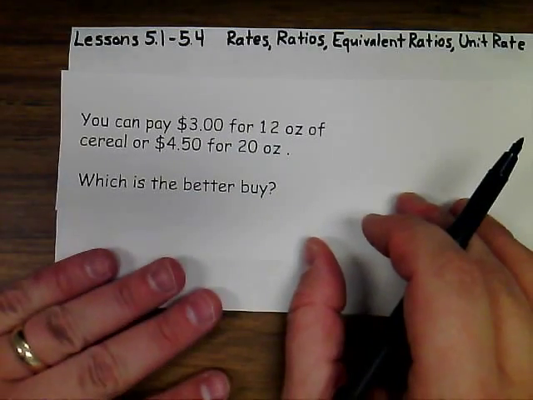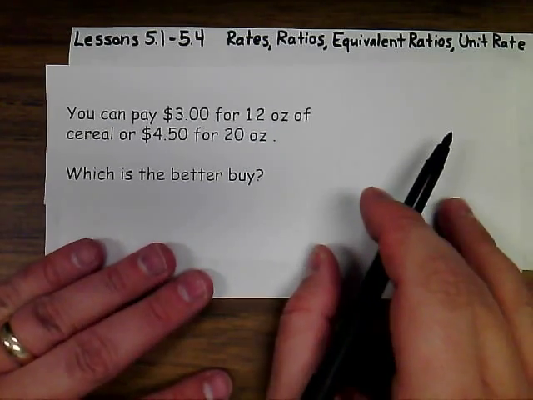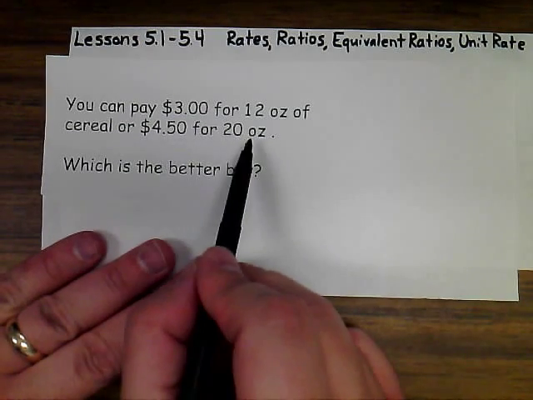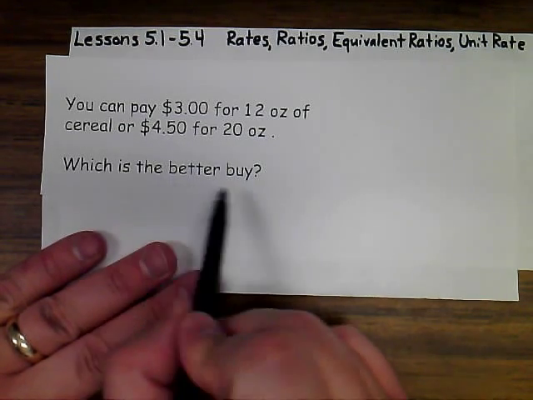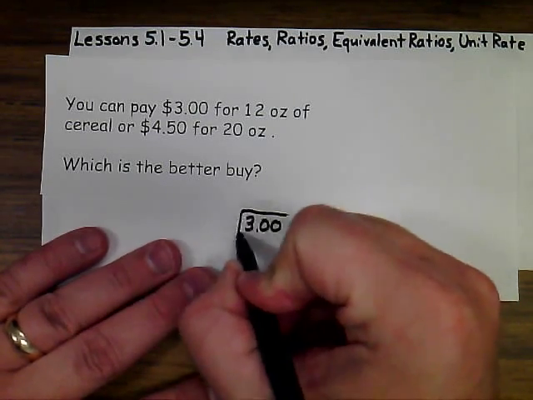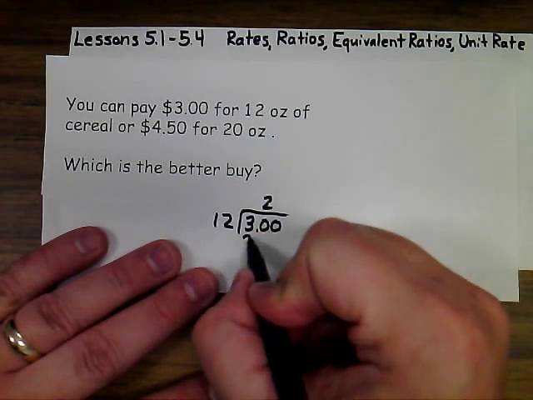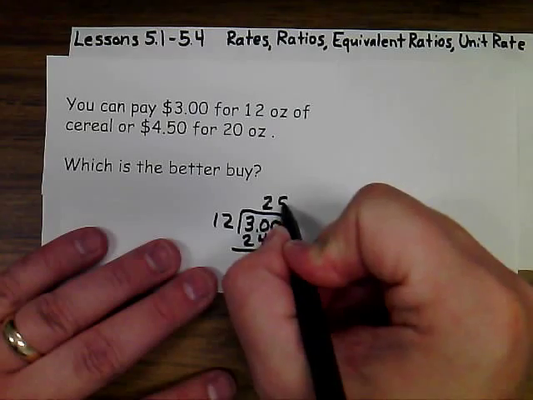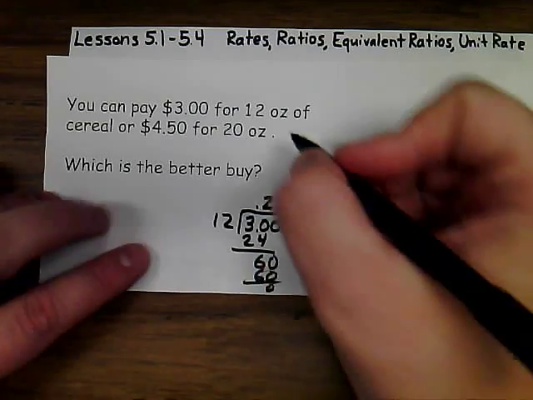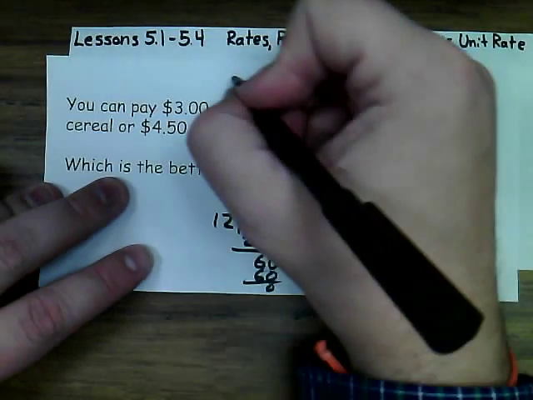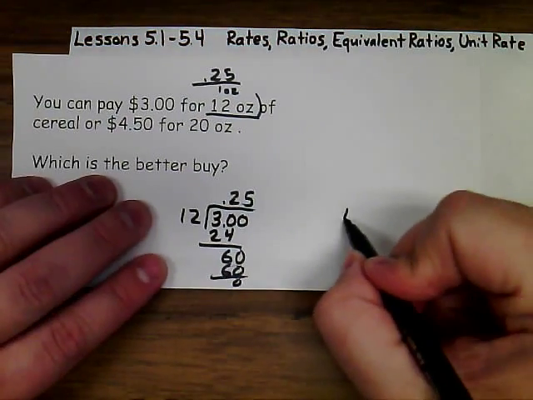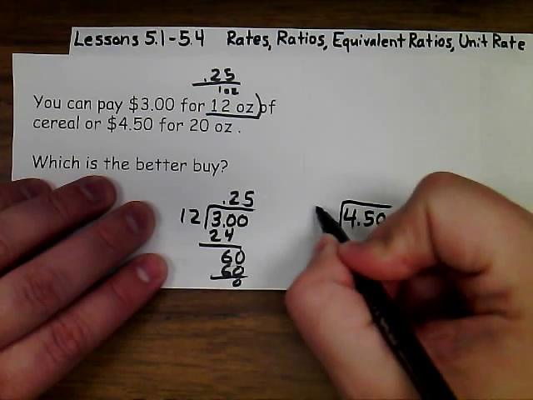The last example is when comparing items, as we had explained in the grocery store. So you could buy 12 ounces of cereal for $3 or 20 ounces of cereal for $4.50. To determine the better buy, you'd actually need to divide both of these. So if we divide $3 by 12, we find that it costs 25 cents for 1 ounce. So the 12-ounce container is 0.25 for 1 ounce. Now, the second container, $4.50 for 20 ounces,